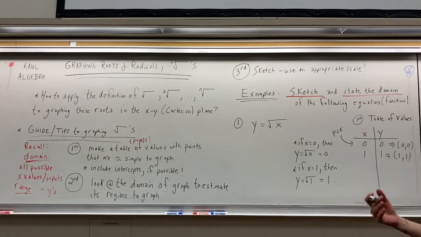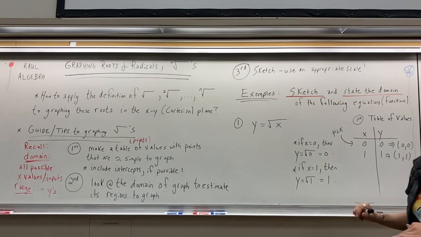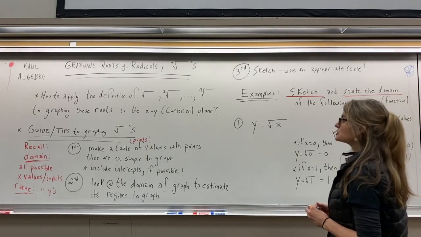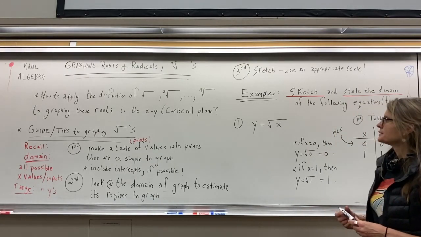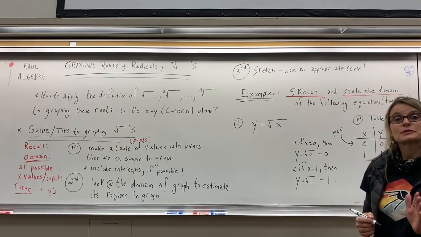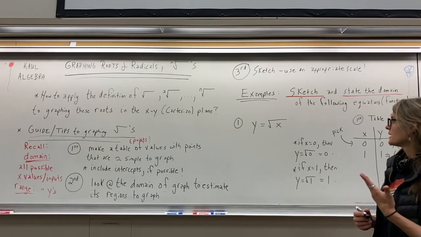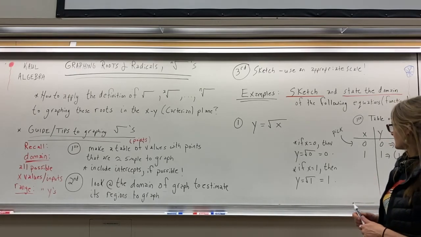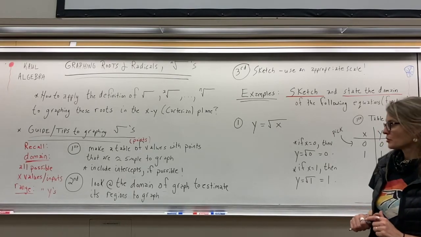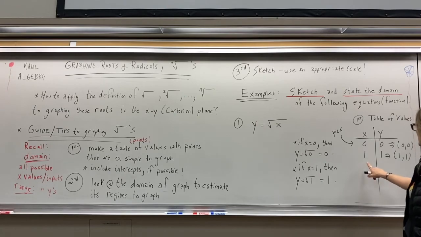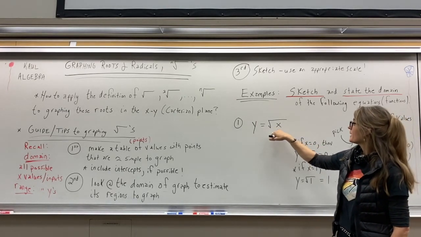Unlike lines, where you only need 2 points, as long as you don't make a mistake, you get your full graph, other types of equations, functions, and curves need a few more points until you get really familiar with the differences between some standard graphs like square root graphs, rational graphs, square graphs, cube graphs, etc. So what I want to do is continue on and get a lot more points. Now, you can see that these perfect square numbers are going to start to climb. I don't want to